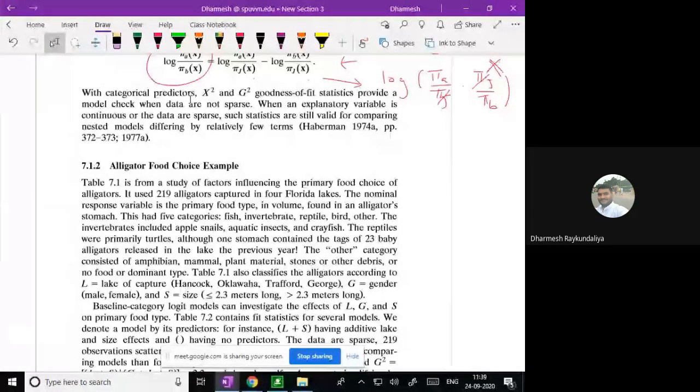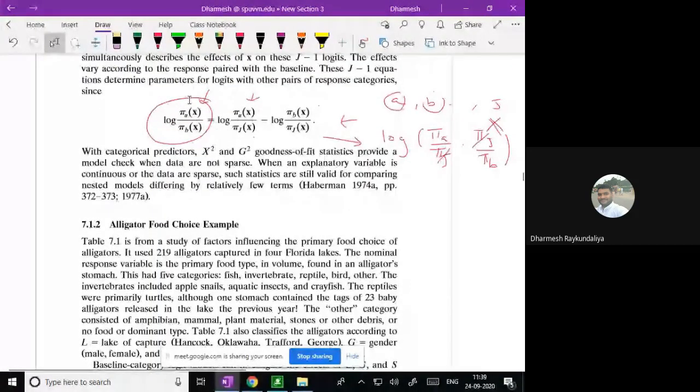And you can take the binary logit of any two categories by just taking the logit scale difference. That is the example I have given. If I am interested to find the logit of category A versus category B, how to obtain it? I have already obtained the logit of category A versus capital J and the logit of category B versus capital J. I just take the simple logit scale difference, and I will get the estimate of the model's logit of category A versus category B.